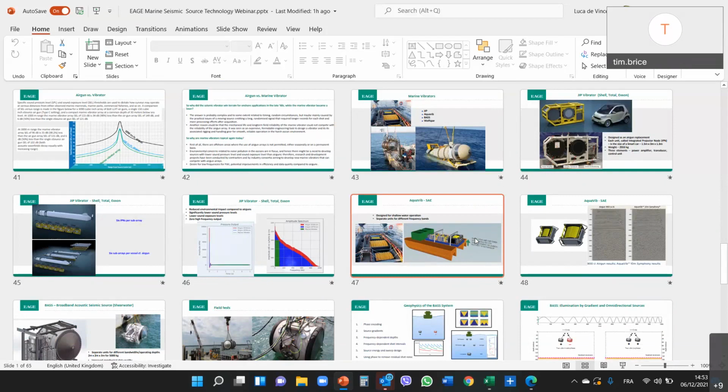I agree with what Chris has just said. Air guns are very robust these days, and the downtime on a typical survey for air guns is almost non-existent now. It's one of a few percent. It used to be many more percent than that. So air guns have improved in reliability. With marine vibrators, there'll be a learning curve, like with any new system that is introduced. There's bound to be a learning curve where we start off with maybe higher technical downtime, and then we improve that.